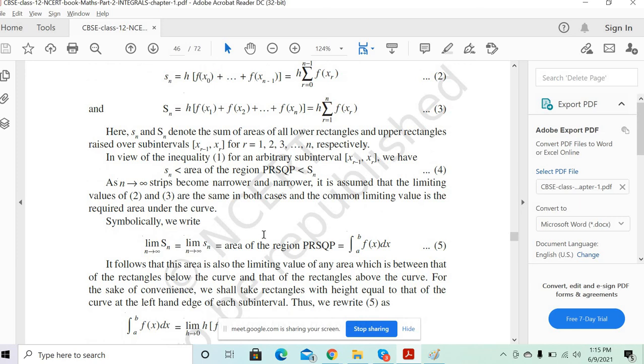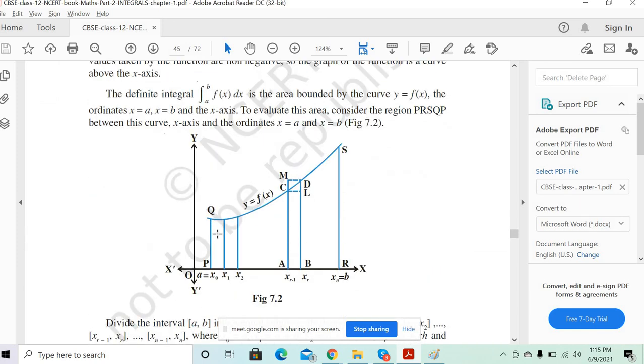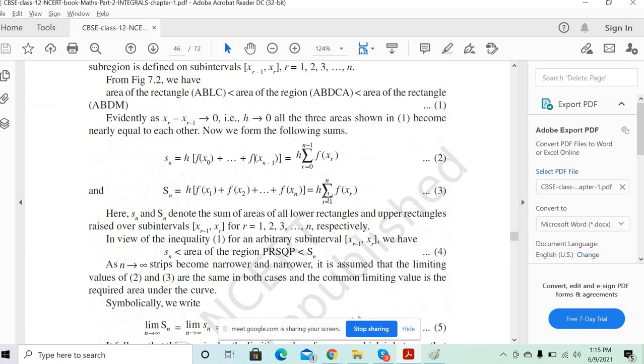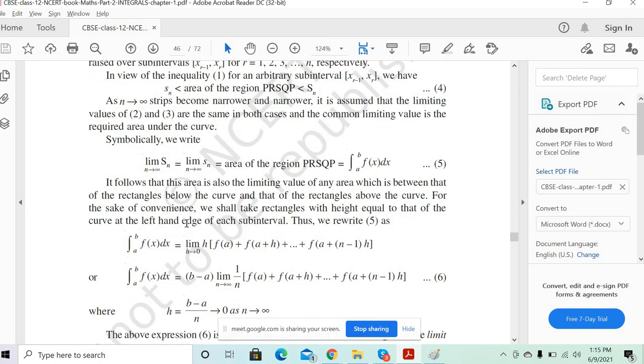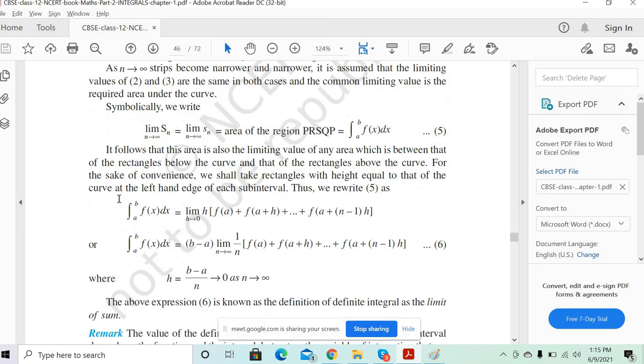So we want to find the area of this strip, and the summation we have to do now. Correct? So how do you do that? We can directly apply the limit, but we have to understand how we can apply that limit. So just write down this part, then I'll explain to you. Yes, just write this equation. This is the main equation we need to understand. That's the only thing we have to do.